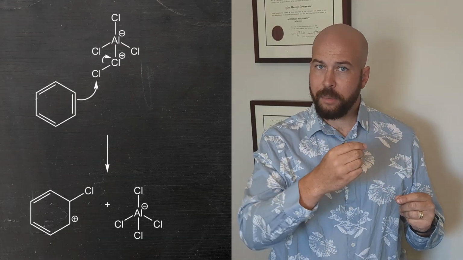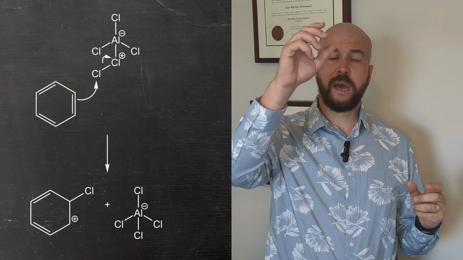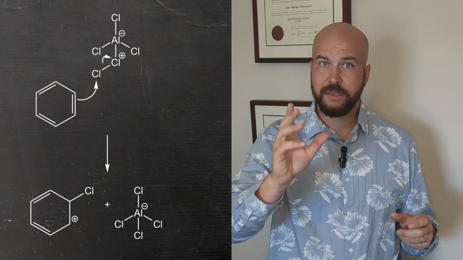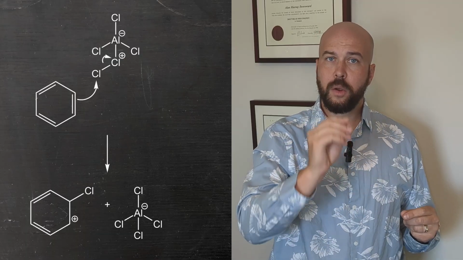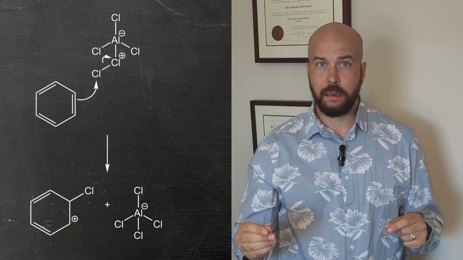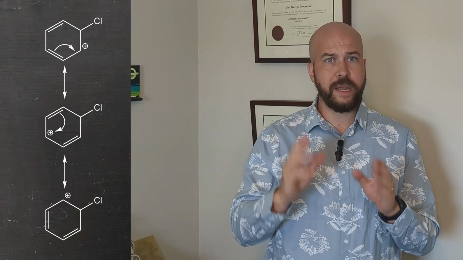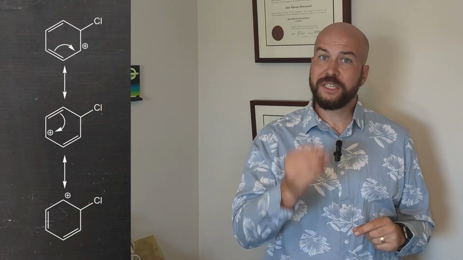Chlorine binds to aluminium trichloride, effectively giving us a source of Cl+, an electrophile. There's all these electrons in our aromatic ring. So, our carbon-carbon double bond can break, it can reach out and grab that Cl+. In doing so, we generate a carbocation. But this pi system is conjugated, so that carbocation can be moved around the ring through resonance structures, which stabilizes